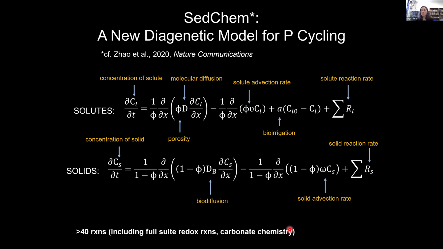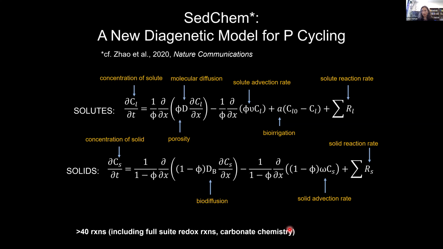And although it's been common practice in exploring the relationship between ancient biogeochemical cycles like the phosphorus cycle and ancient bioturbation to simplify each of these aspects, I would argue that if we really want to understand the mechanisms that underpin these interactions, we need to have more realistic representation of each of these processes. So toward that end, my colleagues and I a few years ago developed a new 1D diagenetic, so seafloor geochemical, or commonly called reactive transport model, which we called SEDChem.